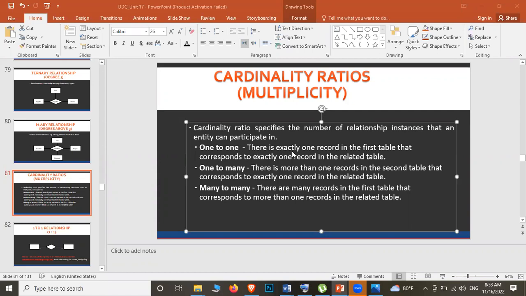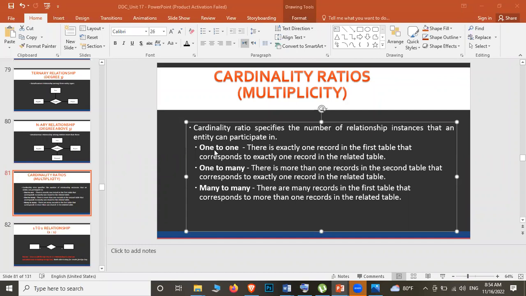So 1-to-1, there is exactly one record in the first table that corresponds to exactly one record in the related table. Okay, you can take it down if you can. So 1-to-1 කියන්නේ 1-to-1 relation we learned already. ඒ කියන්නේ එක entity එකේ ඉඳලා අපි එක්කෙනෙක්ව ගන්නවා අරන් අපි බලනවා මෙයාගේ relation එක කොහොමද තියෙන්නේ with the other entity. Okay, with one entity or many entity කියලා නේද? So if a particular one record has a relationship with exactly one record of another entity, then that is known as one to one relation.